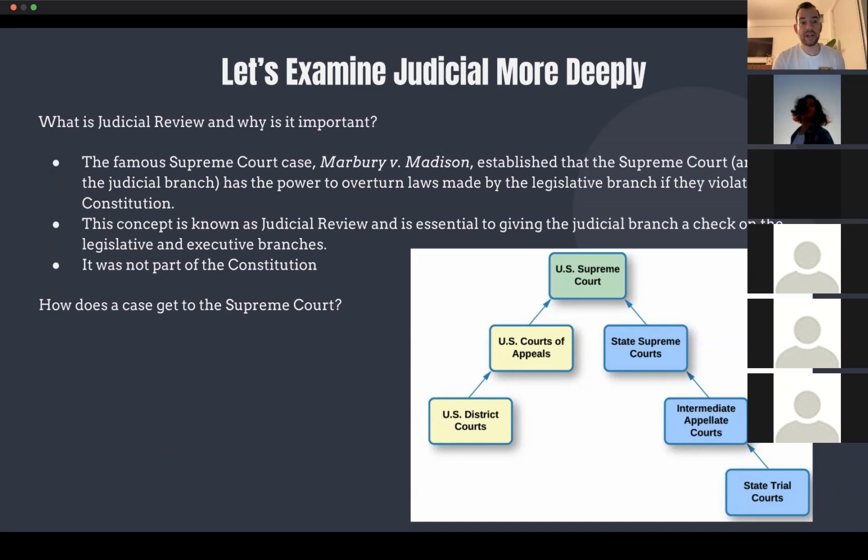On the other side, that example of the person that was protesting outside the park and got their sign stolen and got arrested, that's a federal violation. That's a violation of the Constitution. That's a violation of the First Amendment to the Constitution. So they would bring their case in federal court. And again, this gets really complex about which court to go to. And that's one of the things you learn in law school, how to bring a case and where to bring it. And it can be really complex, but it can also be kind of fun. It's like a puzzle about figuring out where to bring the case.